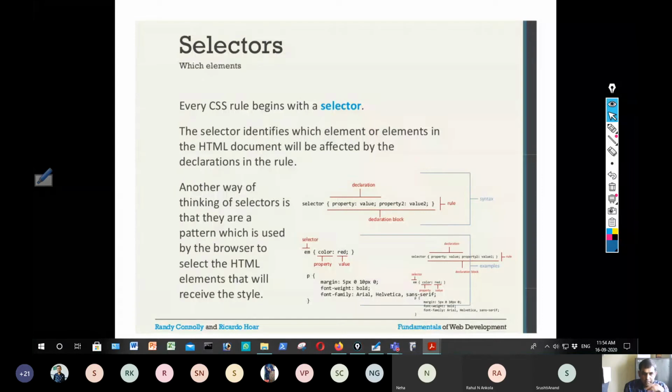Another way of thinking of a selector is that it is a pattern used by the browser to select the HTML element that will receive this style. That means a selector is a pattern that tells the browser which element to select to apply the style.